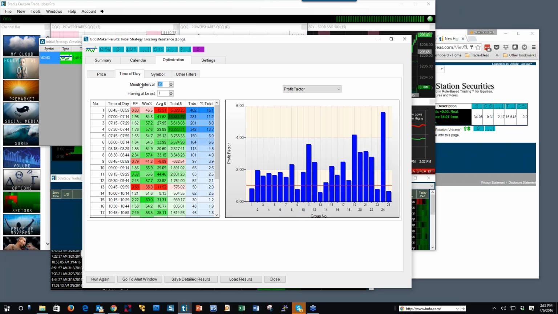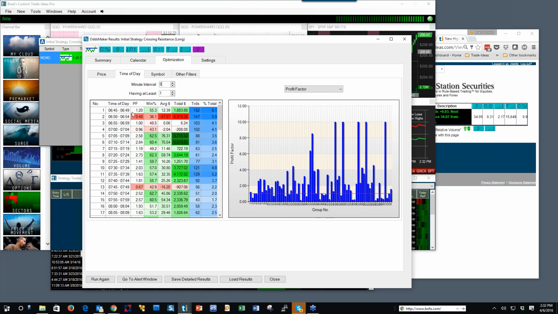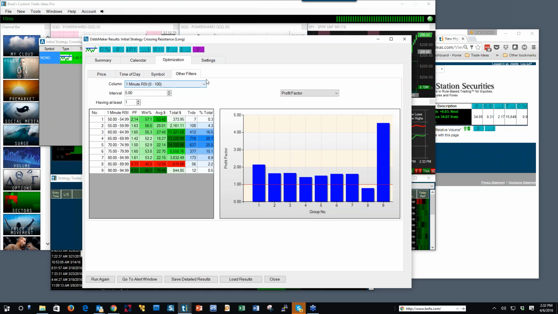I could go even a little bit more fine-tuned here, break it into 5-minute intervals, take a look at that first 15 minutes and see exactly how that really manifested itself. And in that area where I got slaughtered here, there were 147 trades. I only won 36% of the time. So it breaks it down into these various intervals that I could really examine. But the real power of the odds maker, like I said, is this optimization area in the other filters,